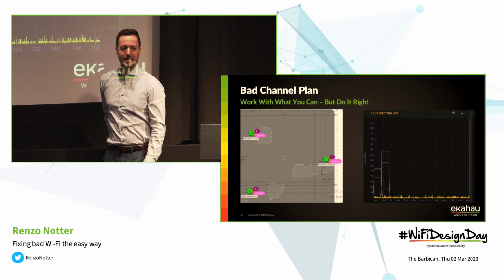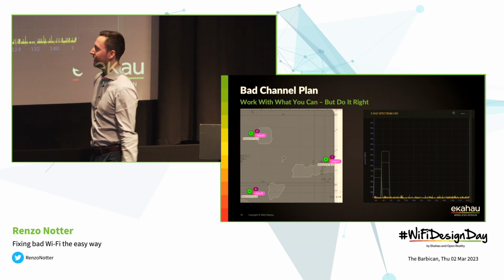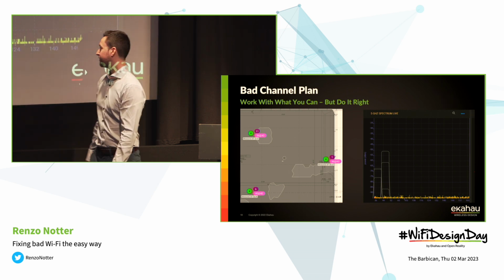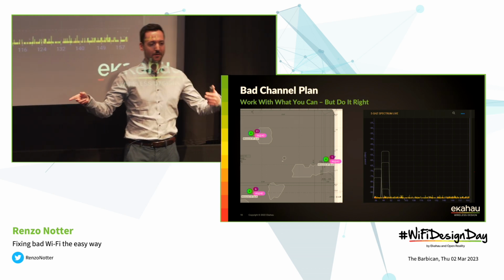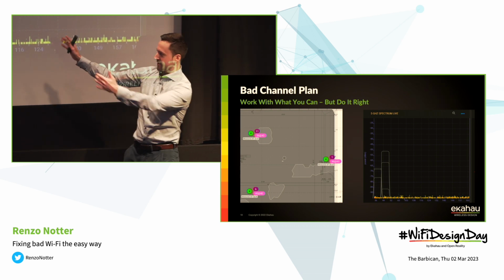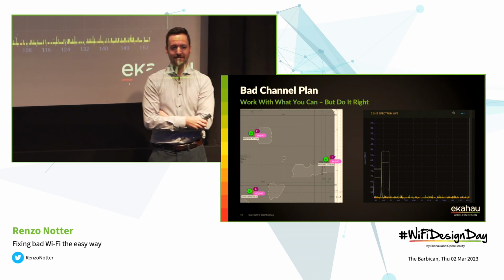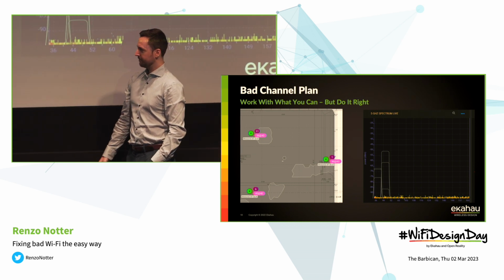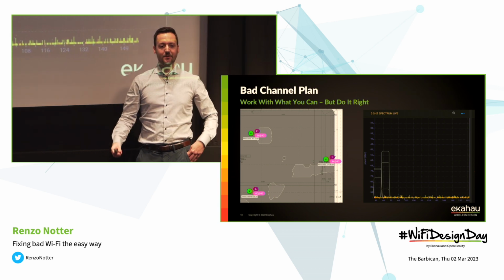access points that are not capable of using any channels other than UNII-1. So they were only capable of using channel 36, 40, 44, and 48. So we still have everything available up here to use, but not with these access points. So when we only have 4 channels available for our designs, don't use 40 megahertz channels. It's that simple. You only have 2 non-overlapping channels, and certain vendors still tend to have in their dynamic channel plans